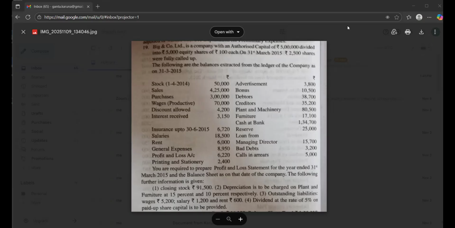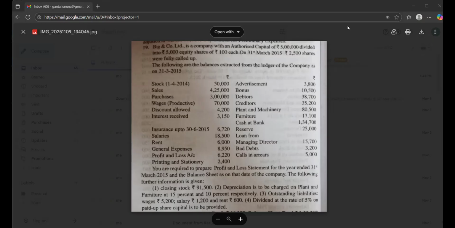The following are the balances extracted from the ledger of the company as on 31st March 2015. He gave us opening stock 50,000. Sales, 4 lakhs 25. Purchases, 3 lakhs. Wages, 70. Discount allowed. And interest received is going to come in other incomes. Then insurance he gave, but we are ending on 31st March and the insurance is paid until June. So that means prepaid is there, wherein we have to calculate and deduct the 3 months prepaid